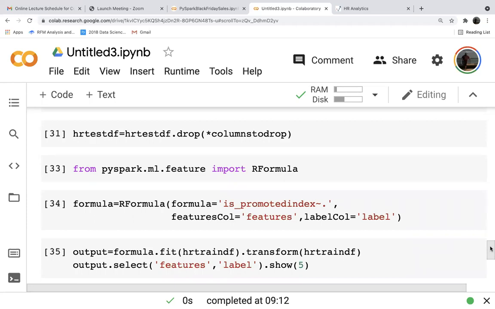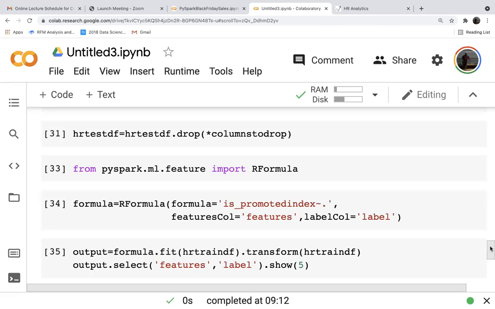So this RFormula, we use it to create the feature vector. So tilde dot means what? Except is_promoted, the rest of all variables will be treated as independent variables. In R, we use this common formula: dependent variable tilde dot. That means except that variable, treat all other variables as independent variables.